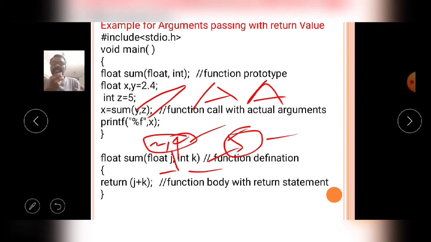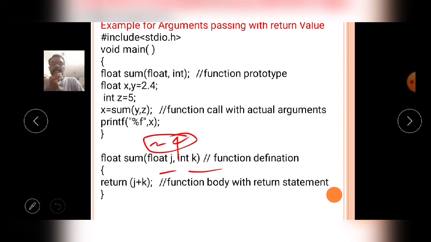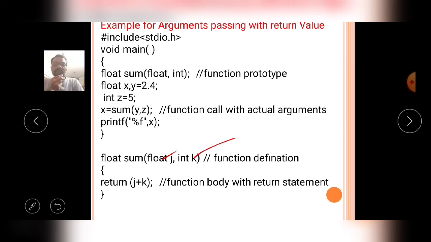So simply, while the control is moving from the caller function to the calling function, actual arguments are copied into the formal arguments. After copying, what will happen? Return j plus k.